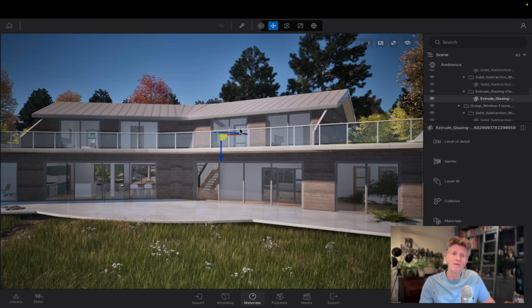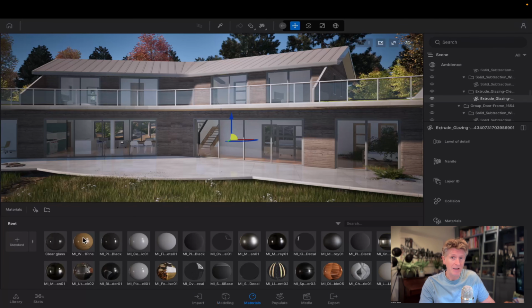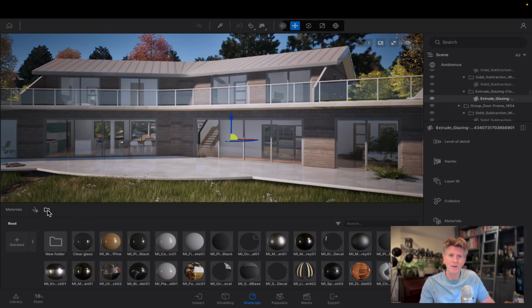So the first one is we've now got the ability to create folders. This means that we can actually organize our Twinmotion files into groups of materials or textures, and we can rename those as required and just simply drag and drop these materials in. Now this does make the organization a lot easier and more aligned with other software